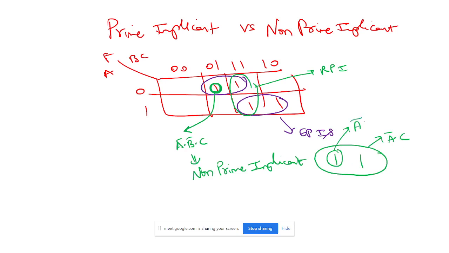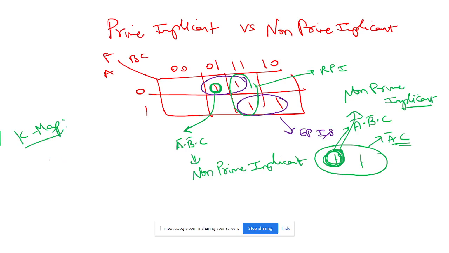This is A bar B bar C. Now you need not worry because you are already covering these two in the A bar C. Then what is the point of having this? That's why this is called a non-prime implicant. When you are solving a K-map,